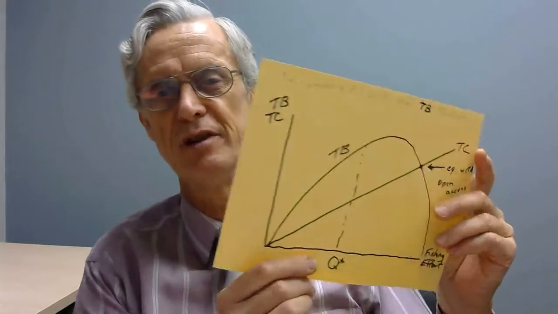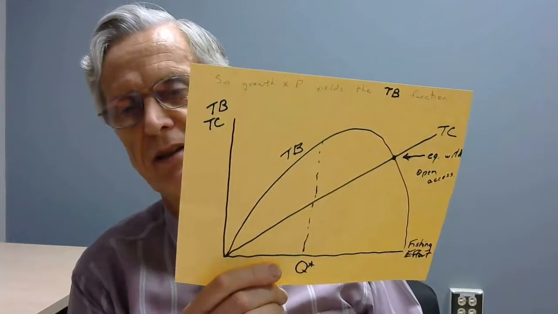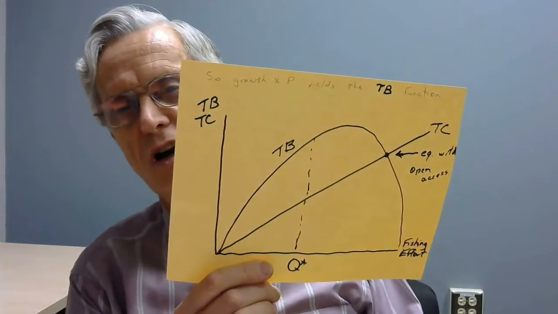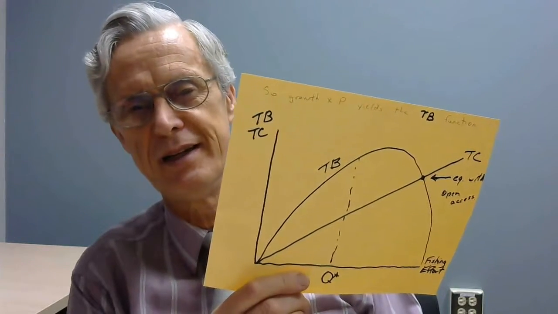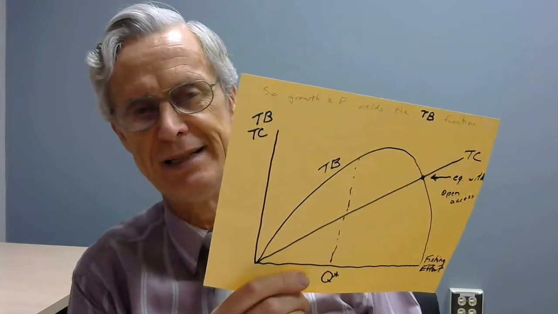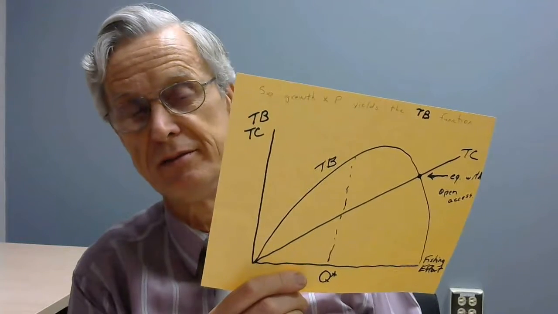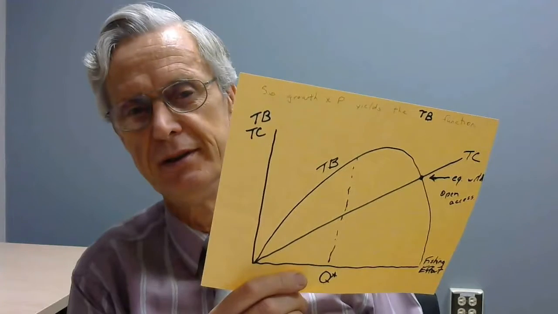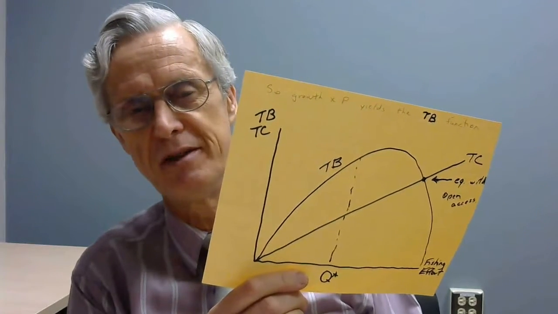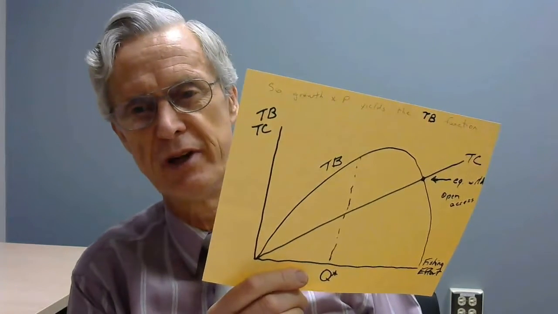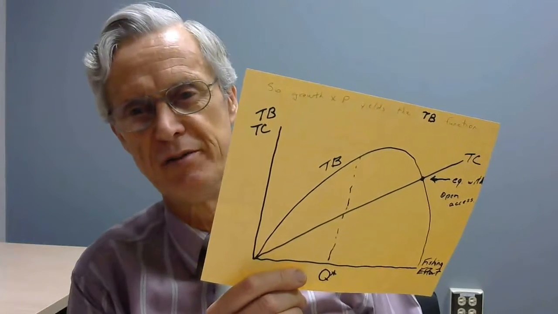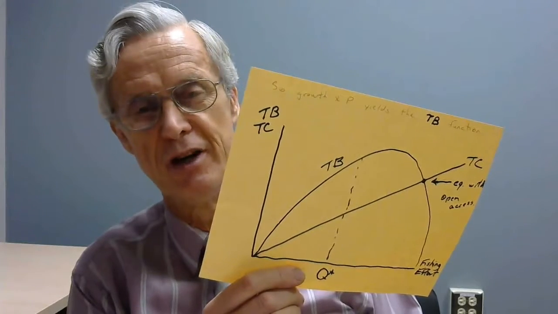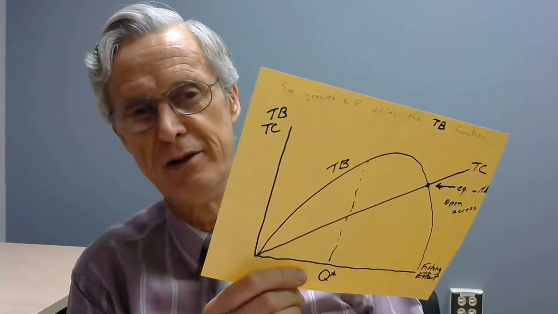I'll let the text mostly fill in the details, but I'm just kind of throwing it out there so we'll have discussion of it. Total cost equals total benefit is the equilibrium with open access, which is the state of affairs of many fisheries, especially large ocean fisheries. As long as there's profit to be made, more fishers will get out there on the ocean and go chasing fish. So until there's no profit left to be made, until the average cost is more than the average revenue or price,